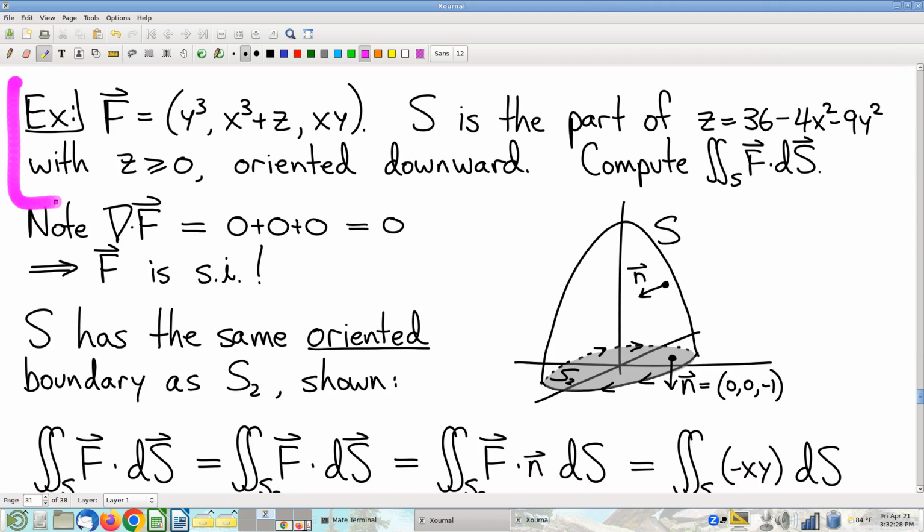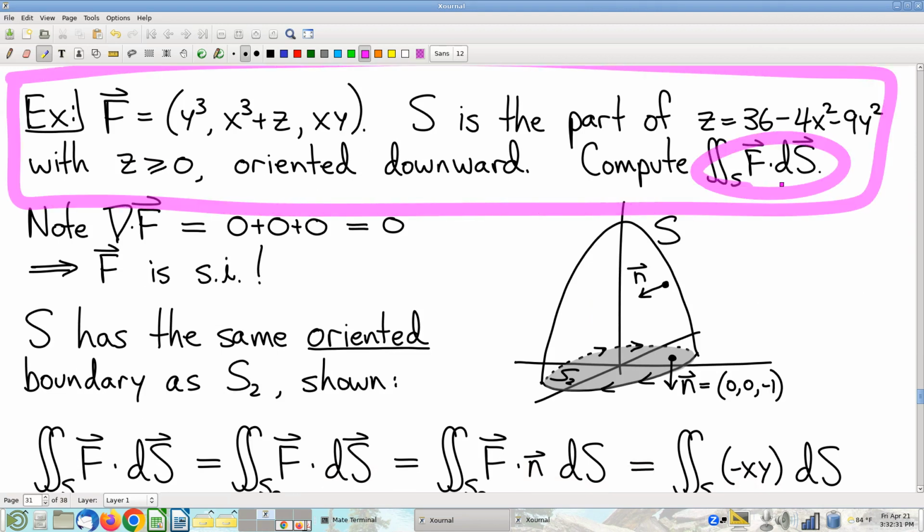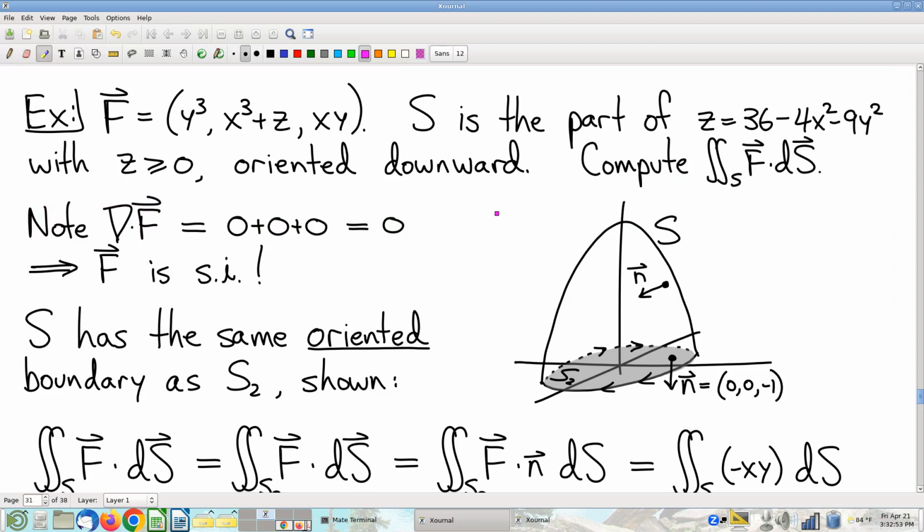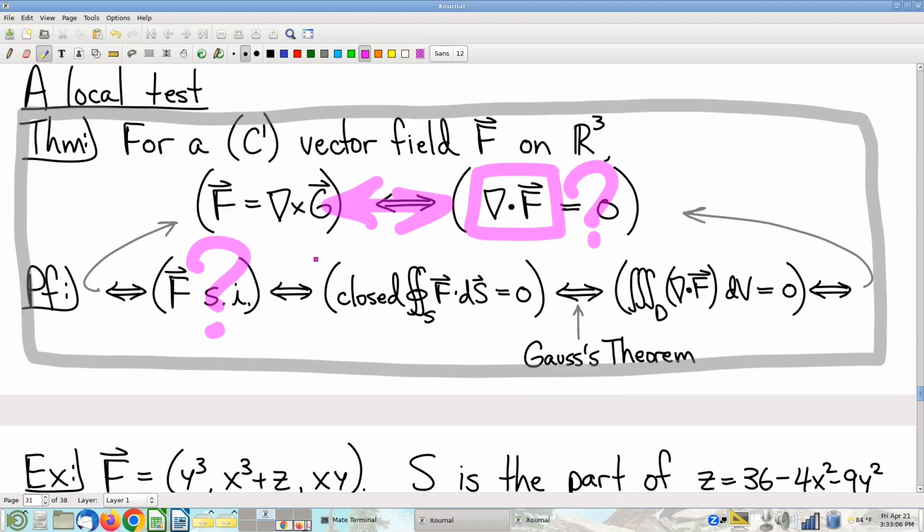Here's the question. We want to compute a flux, right? And everything necessary is given. There's the vector field. There's the surface. How would I compute this flux? Well, notice nowhere in the question does it say anything about surface independence. Right? No suggestion that we should even entertain that. So what I'm going to do is I'm going to use the theorem that we just got through proving. Notice I compute the divergence of the vector field. I get zero. Easy partial derivatives to look at. Right? And because the divergence is zero,